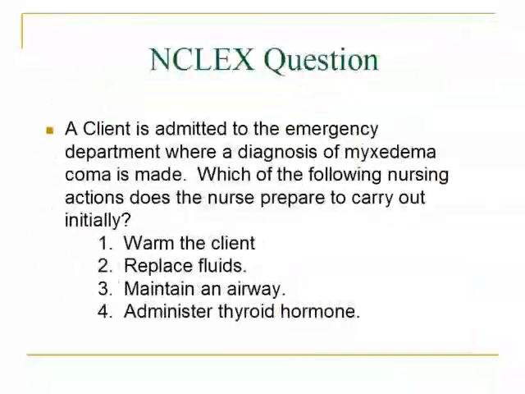So an NCLEX question is, a client admitted to the ER where a diagnosis of myxedema coma is made. Which of the following nursing actions does the nurse prepare to carry out initially? And the correct answer would be 3. Remember, we always want to do our ABCs before we do anything else. Once you have your airway, breathing, and circulation stabilized, then you can go ahead and move on to those other